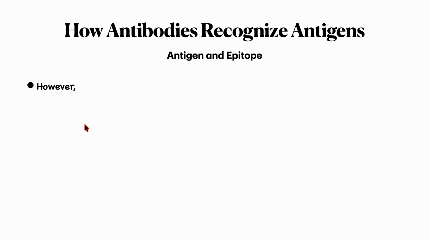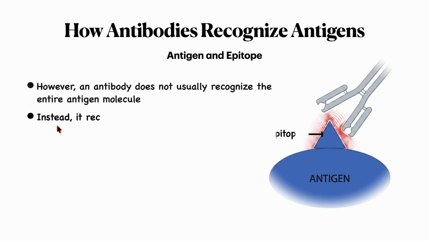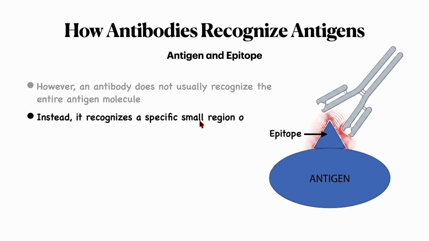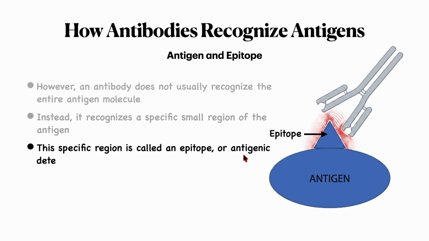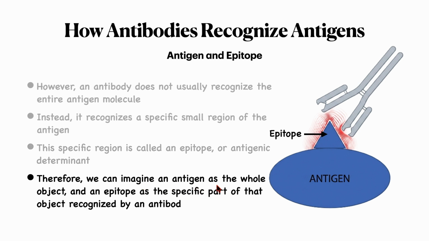However, an antibody does not recognize the entire antigen molecule. Instead, it recognizes a specific small region of the antigen. This specific region is called an epitope or antigenic determinant. Therefore, we can imagine an antigen as a whole object and an epitope as a specific part of the object